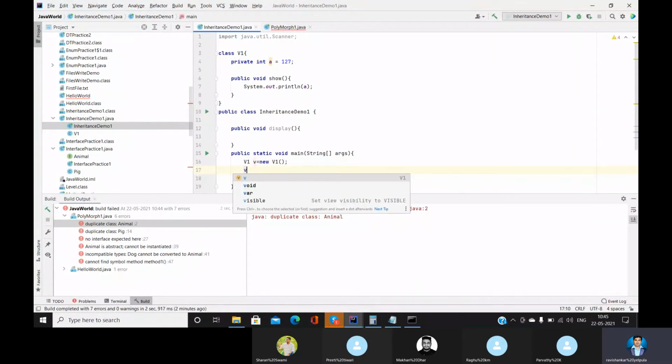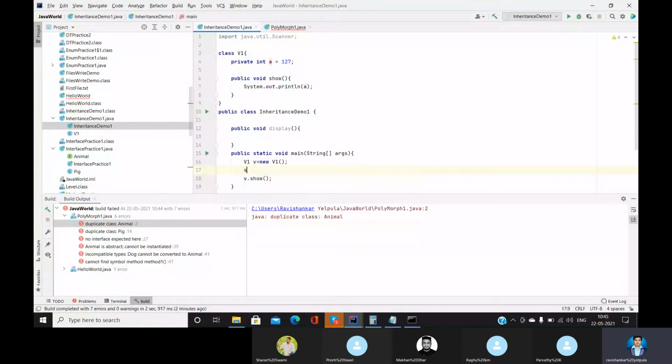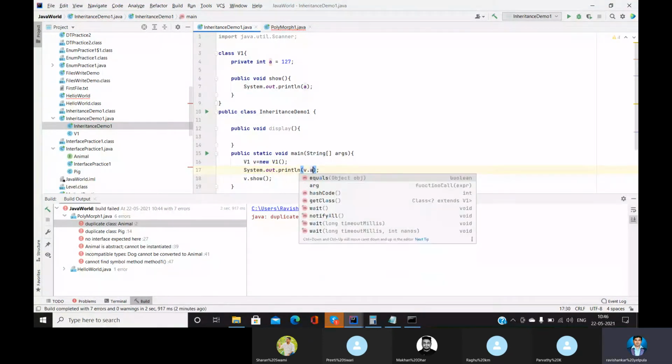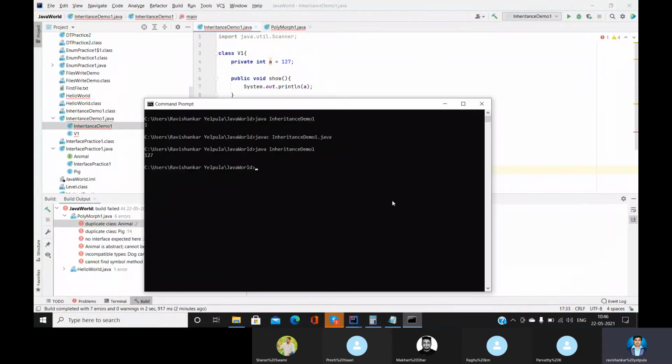Try one more time, v dot a. Okay, we'll see what will be the error here. See error: A has private access in v1 and you can't access that.